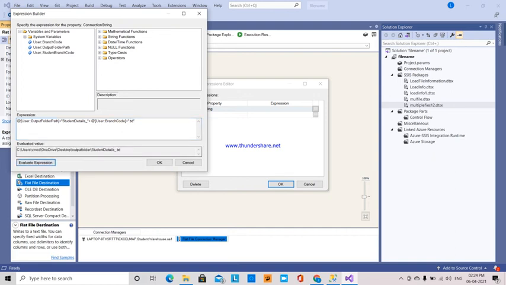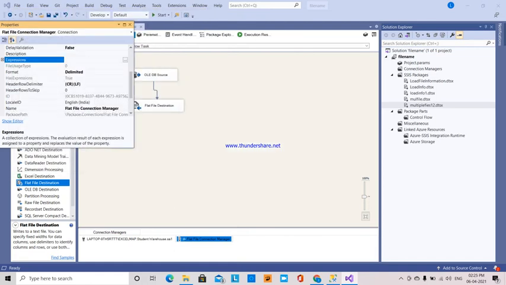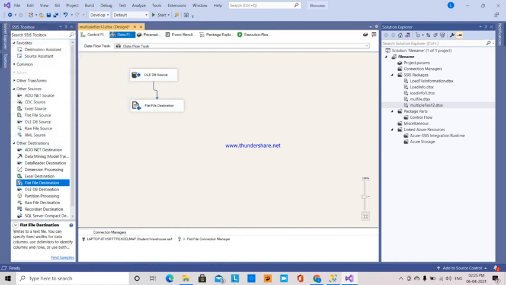Evaluate expression, and all that .txt. So this is an evaluated path and everything. So okay, connection string, and let us see whether it will run or not.